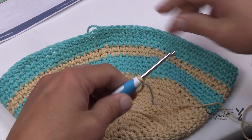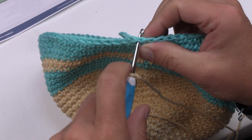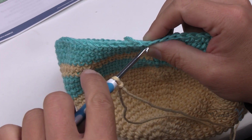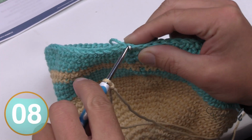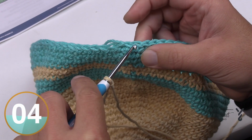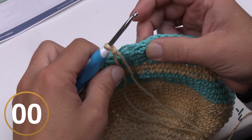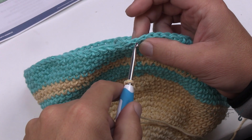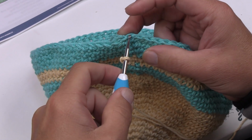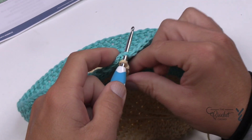So what I'm going to suggest to you is that if you're new to crochet, there's always 2 loops, and the loop that's closest to you is the front loop, and the loop that you have to dive in and split the stitch with is the back loop. Okay, so that's the back loop there. This is the front loop. So what I'm gonna suggest to you, when you go to join this new color, that you go into the back loop only and have it onto there. Okay, and you're gonna go into the back loop